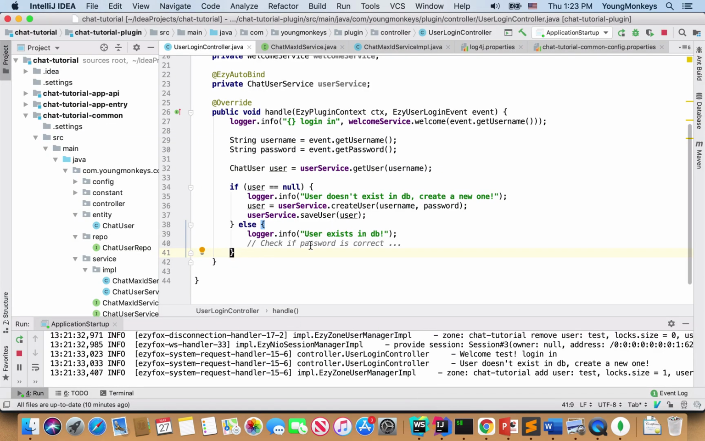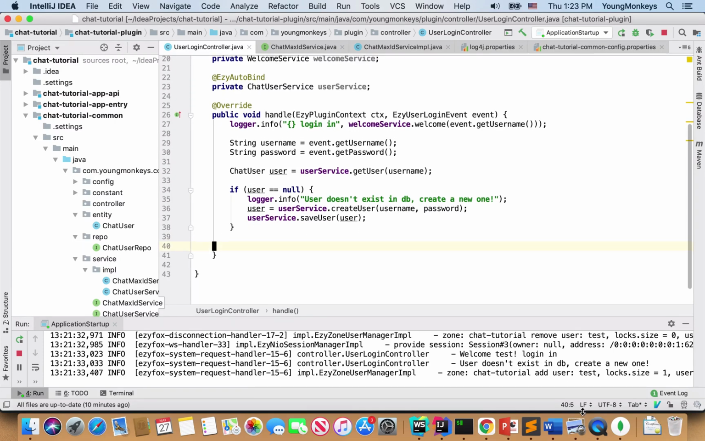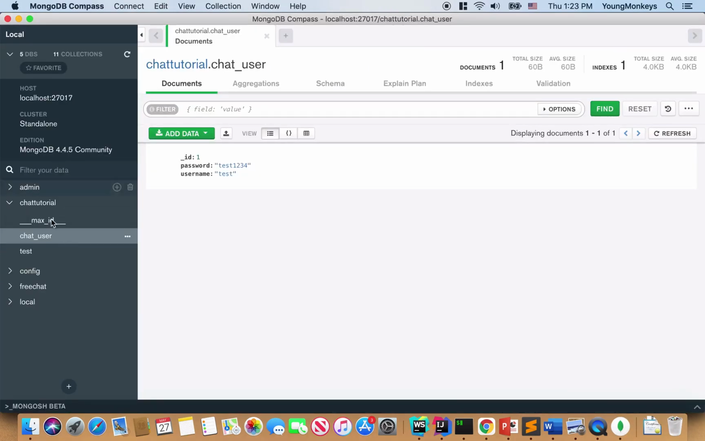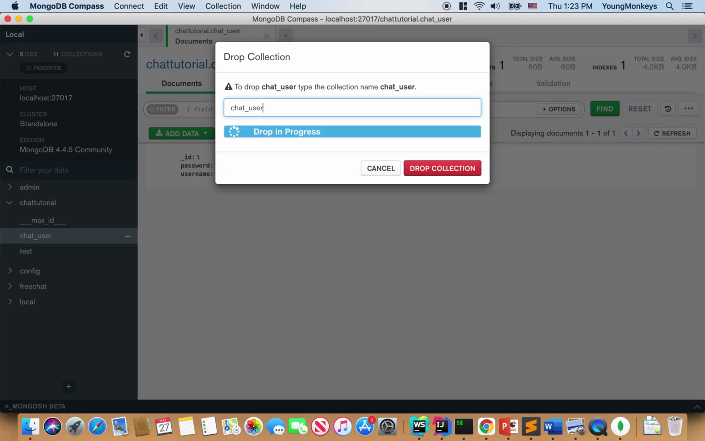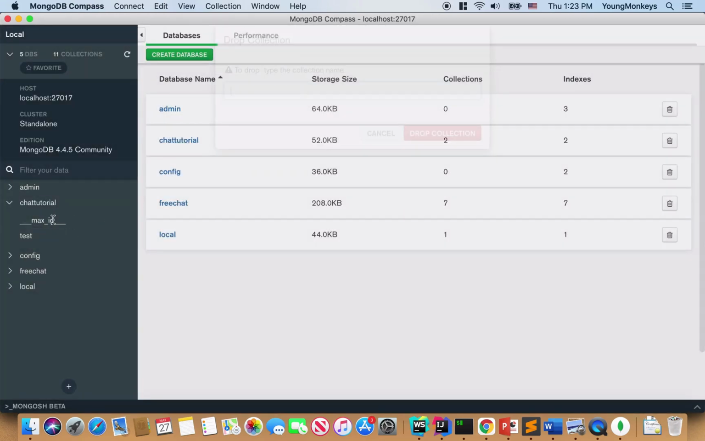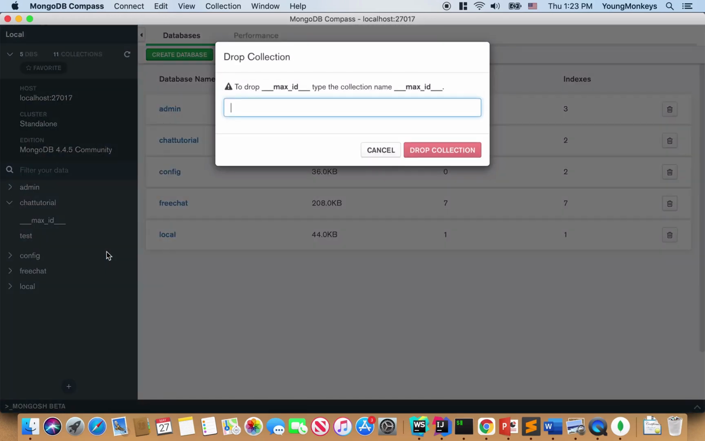So first of all, I'm gonna encode the password before actually putting it in the database. So I delete the else statement and then open the database. You can see here the password is plain text. It has not been encoded, so I wanna drop this collection for now, and I also want to drop the Mux ID collection. Alright,